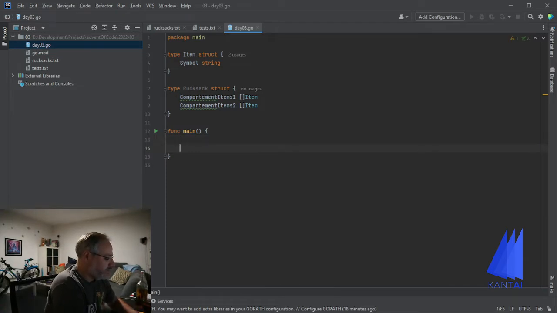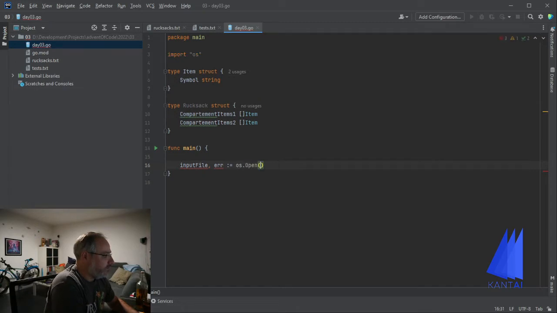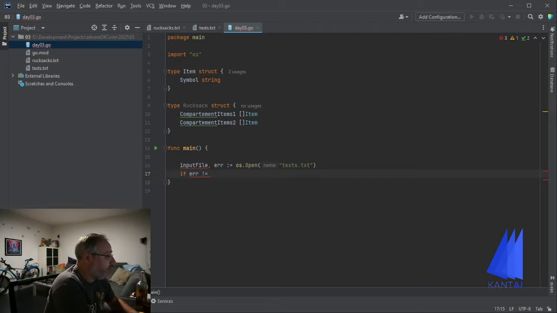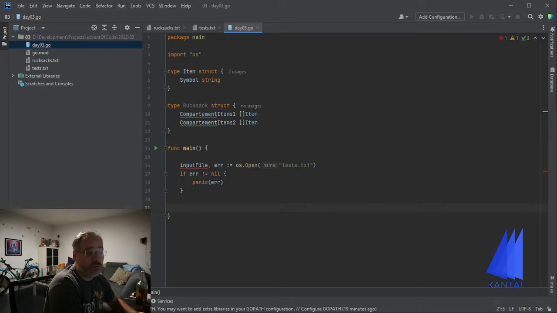Basically for that we first need to create our input file and use open, and then our file that we start with is basically this test.txt, which should be fine. And then as usual check if we have an error. If we have an error, we need to handle it in some way. So the easiest thing is just assume we are always doing the right thing, and if we have an error we just panic. Not that complicated so far. Good, then